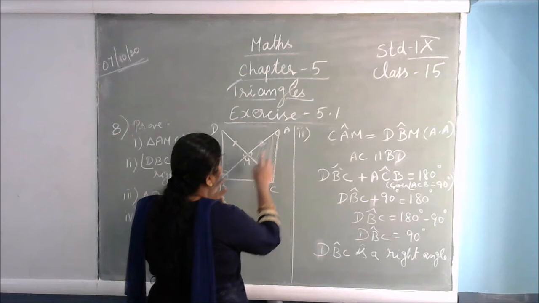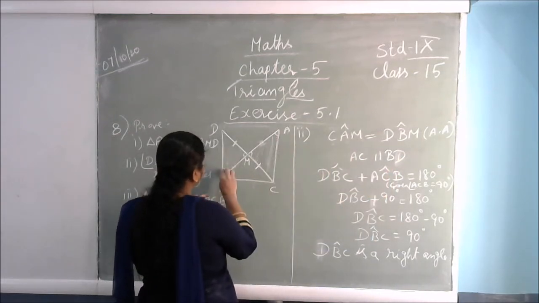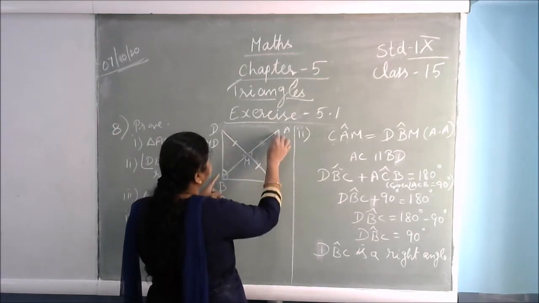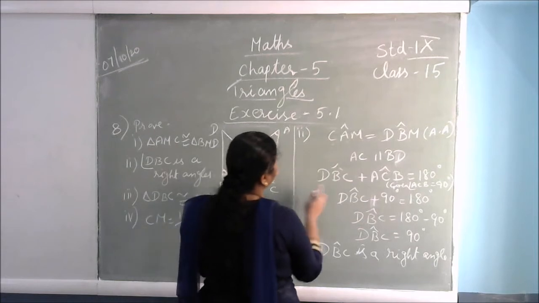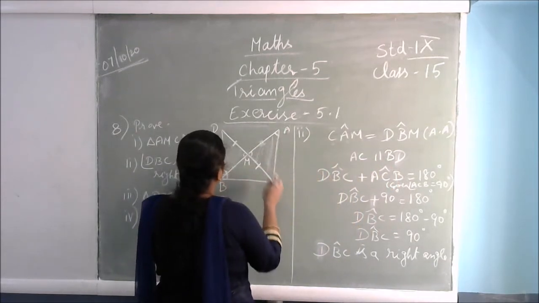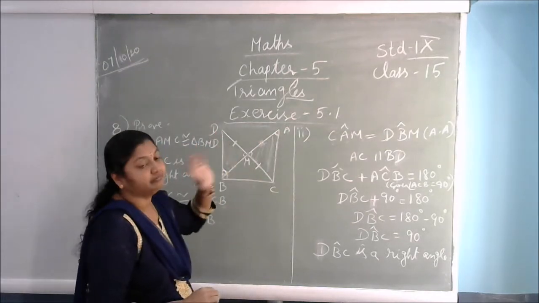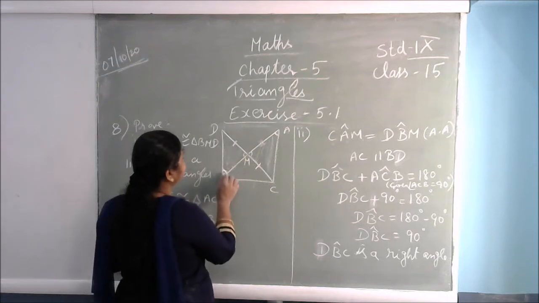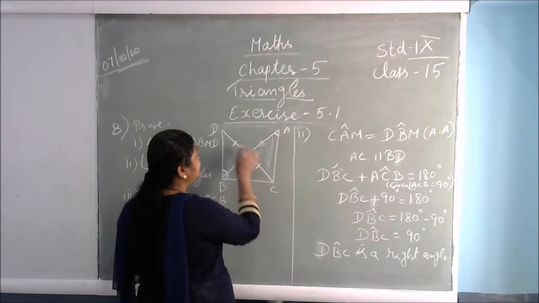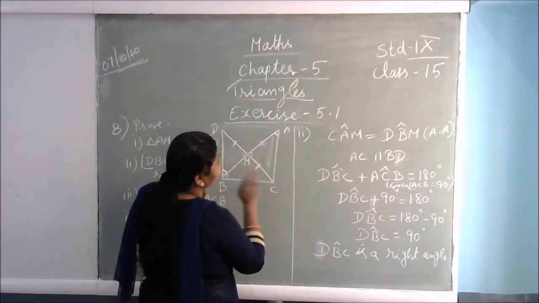So this angle and this angle we already proved as alternate angles. In DBM, these two angles are alternate angles, and AC is parallel to BD. See, these two lines are parallel. Parallel means what? If the two lines have an equal distance, that means this distance is equal. If you take the measurement here as 3 cm, then here also 3 cm will come. The distance will be equal.